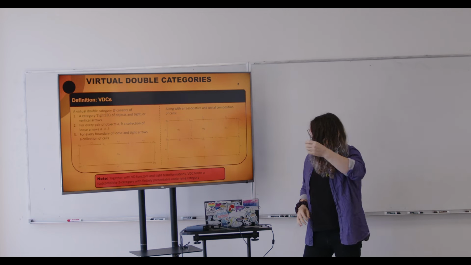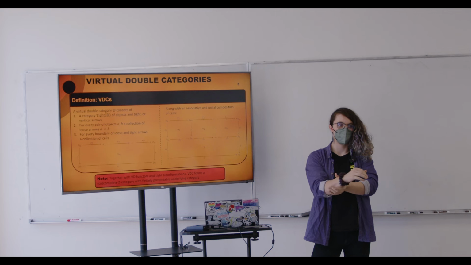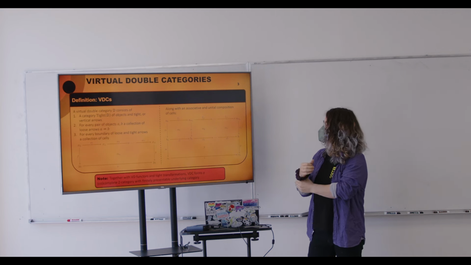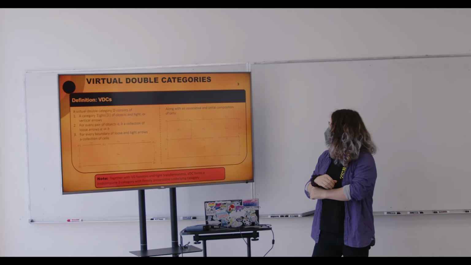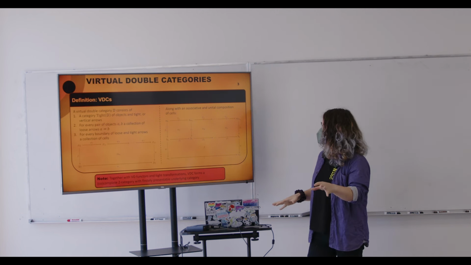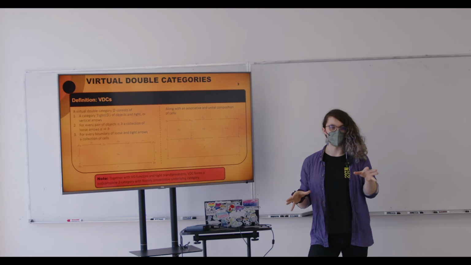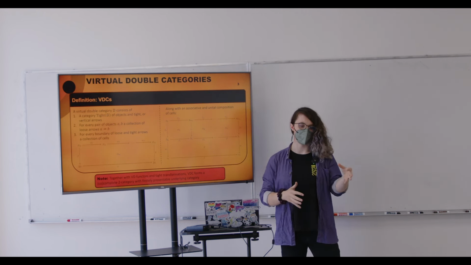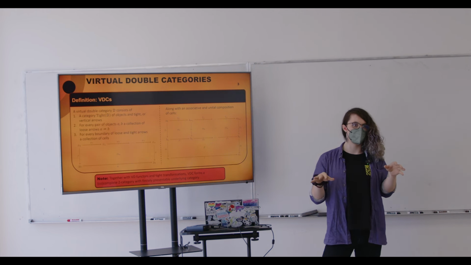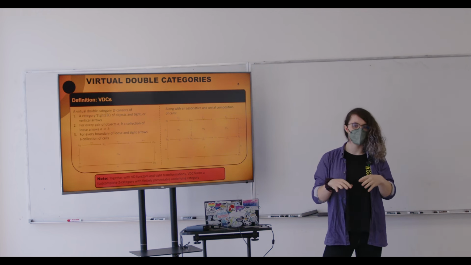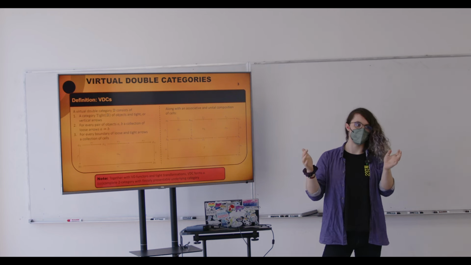I'm going to assume that most everyone is familiar with double categories from previous talks in the seminar, but I'm not going to assume any real familiarity with virtual double categories. The general idea behind them, compared to pseudo double categories, is that we have loose arrows, but we're not assuming that we can necessarily compose them or that we have units for loose arrows, so we don't necessarily get a loose or horizontal bicategory.